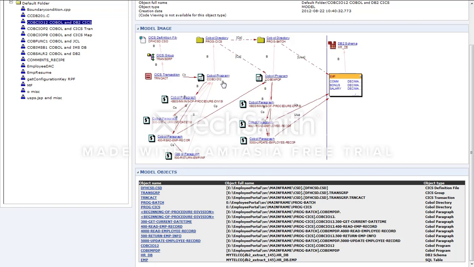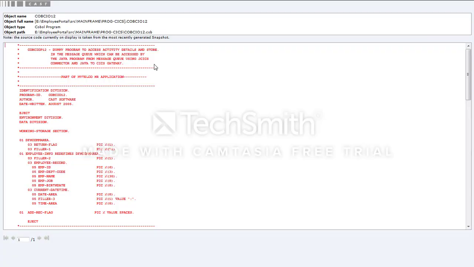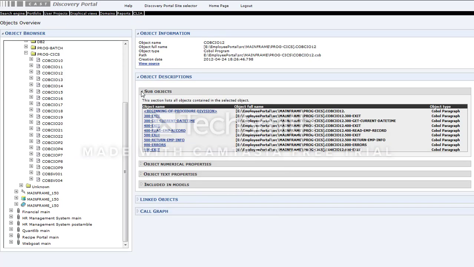For today, I will look at this very specific COBOL program, the COBCIO12 program, which is a COBOL program with this full name, with this path, and still I do have access to the source code, but that's regular discovery portal usage, to have a look at the way it's actually coded. I also have, as for the standard discovery portal content, sub-objects, what's in it, the different paragraphs in this case. And as you can see here, there is more than just the ones that have been displayed in the Enlighten graphical views. There are also the exit, the errors, and things that were left out of the view,